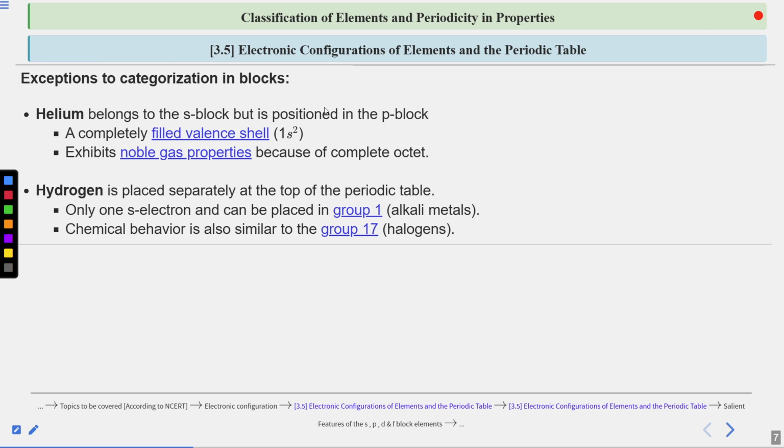How? If I talk about the alkali metals, you know that if your outermost subshell is having 1 electron and that subshell is s, then your element must belong to the alkali metal group or group 1. So in that sense, hydrogen should belong to group 1. But you know it very well that hydrogen can take up 1 electron and complete its configuration. Now,